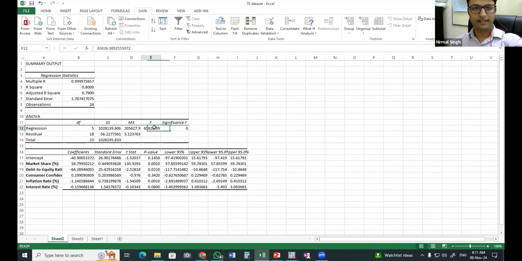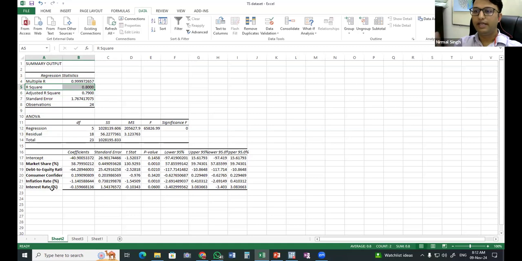Once we interpret the F statistic, we know that this model is significant. Now we can move to the other statistics, that is R square and adjusted R square. The R square will tell us how much variation in the valuation of the company is explained by the variables we have taken in the model, say, for example, market share, debt to equity, consumer confidence, inflation, and interest rate.